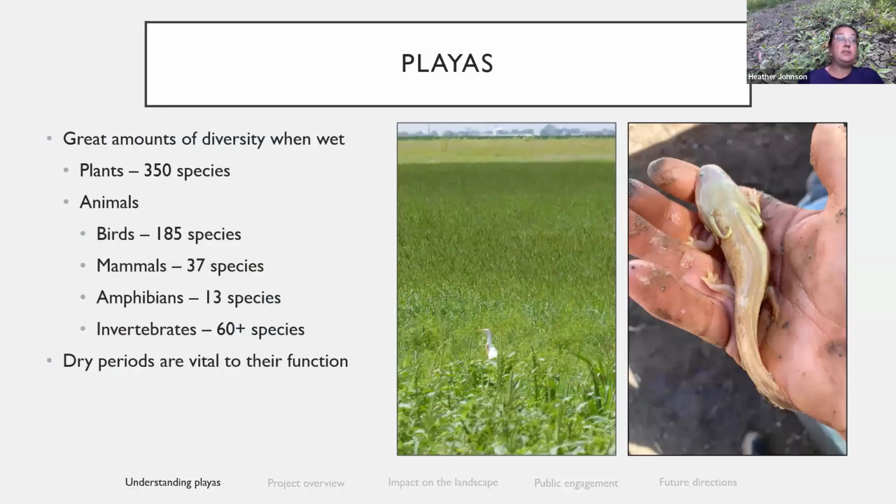Playas themselves support over 350 different plant species. I'm obviously not going to list them all here today. Many birds and other animals are very reliant on playas. Sometimes it is the only source of water in the area. However, again, I'm going to emphasize those dry periods are actually critical to the functionality, not only for recharge, but also for those annual plants, because if it stays wet all the time,